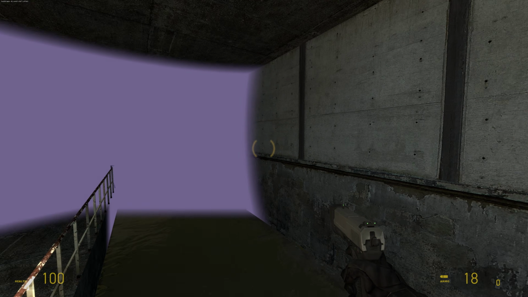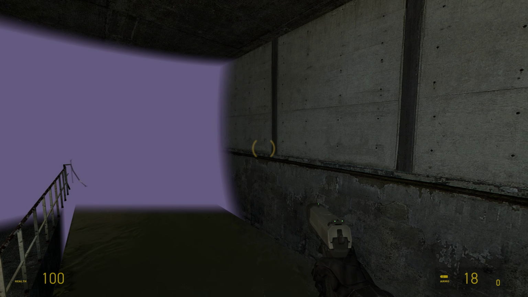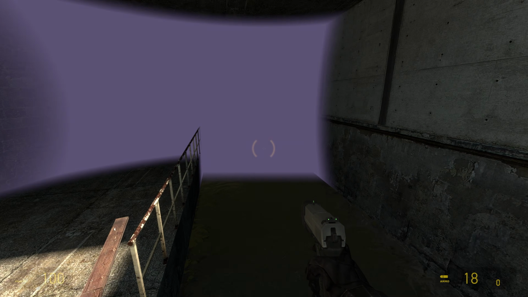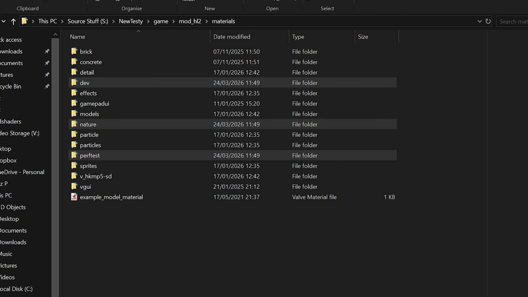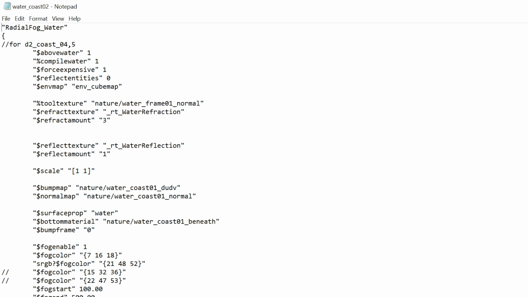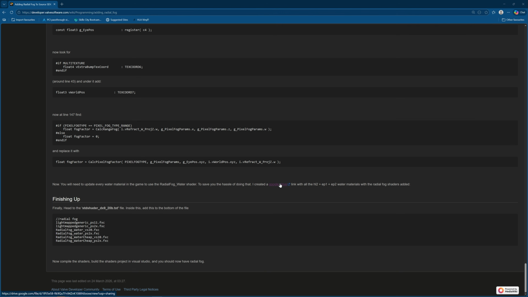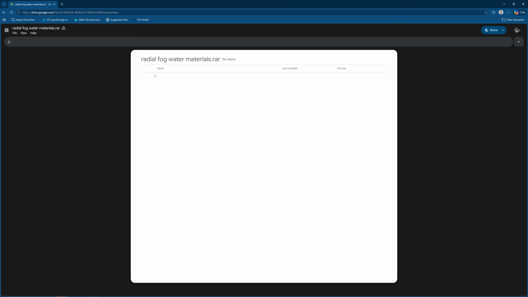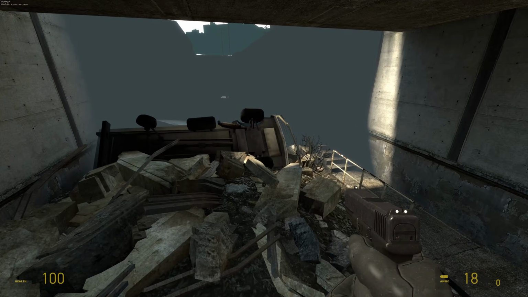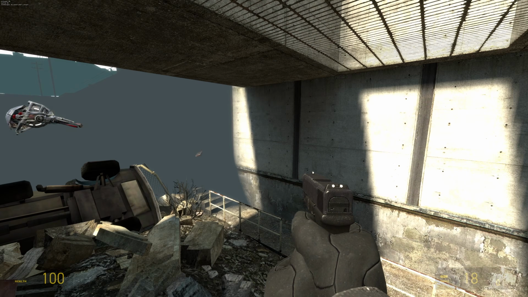because we've modified the water shader and actually called it radial fog underscore water now, you're going to need to replace every instance in a .vmt file for all of the water textures to use the new radial fog water shader. And so to that end, Waddles has already created a Google Drive link which will be left in the Valve Developer Wiki guide, which stubs all of the water textures to use the radial fog water shader. And now you can go back and test and see that yes, you get radial fog on water instead of